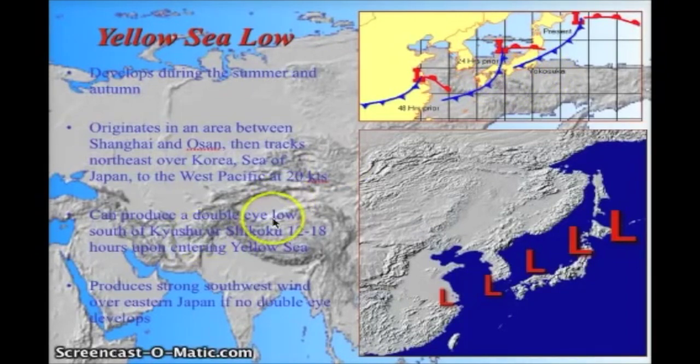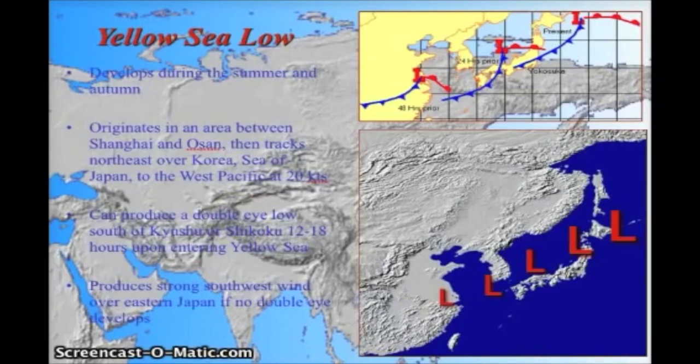but this produces strong southwest wind over eastern Japan if no double eye develops, and that really means that the tighter gradient is actually going to be right in this region. Now, if you do have a double eye develop, basically that means that you're going to have a very wide gradient throughout here. So definitely one thing to note, if you see one of these systems moving off toward the northeast and you don't have that double low pressure center developing, you're really going to see a very tight gradient